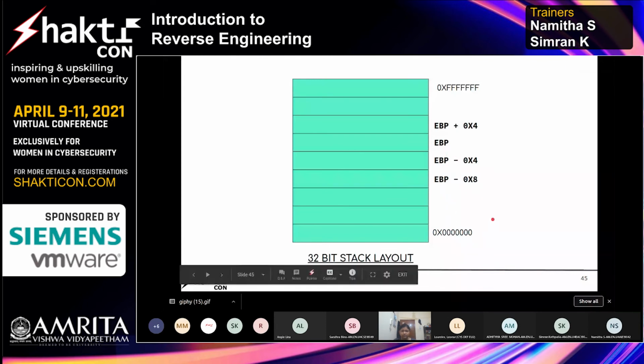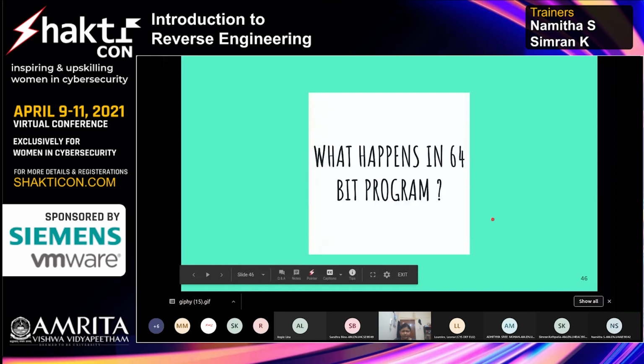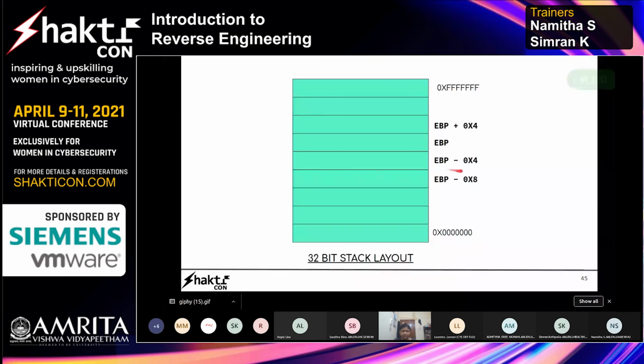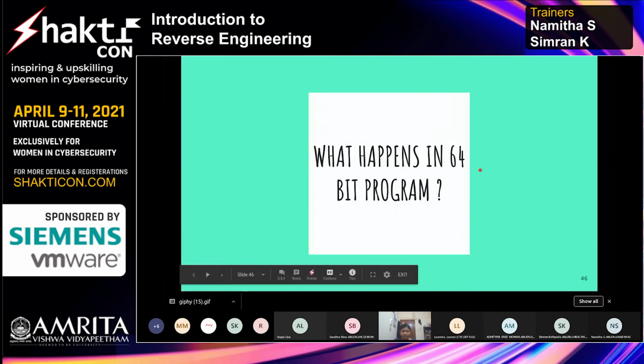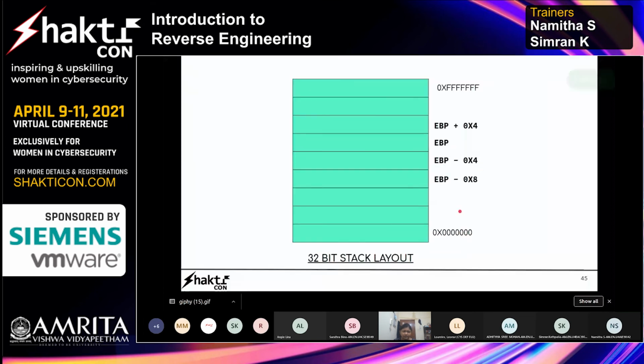So what do you think happens in a 64-bit program? I told you that in 32-bit we have EBP registers and it increments by 0x4. What changes would you see in this stack in a 64-bit program?